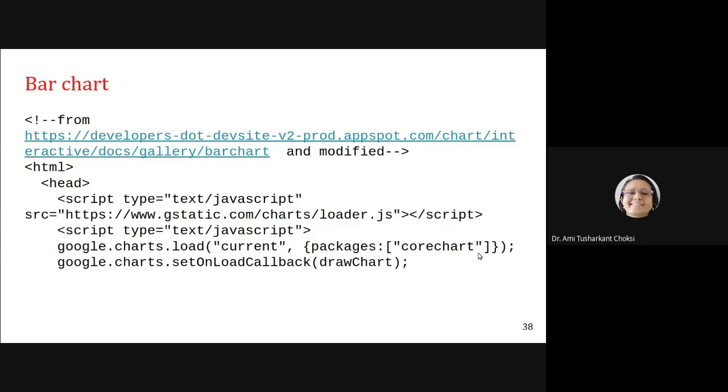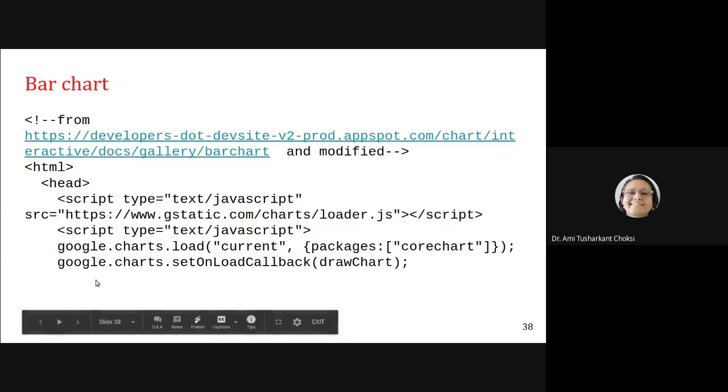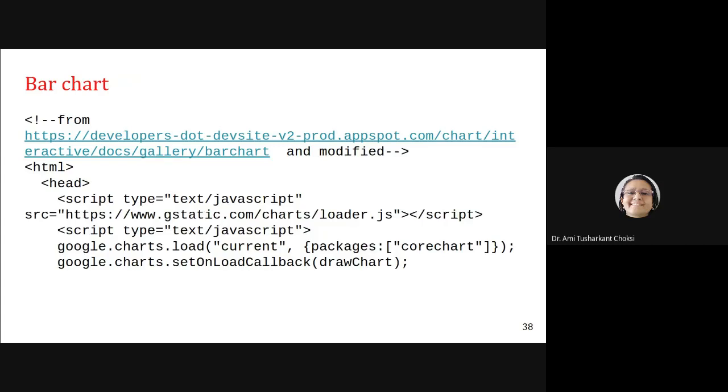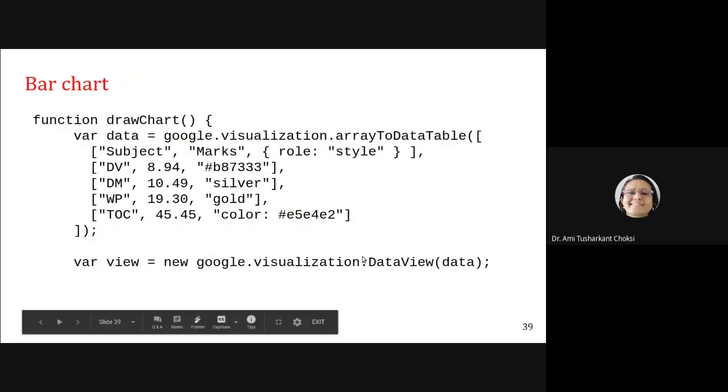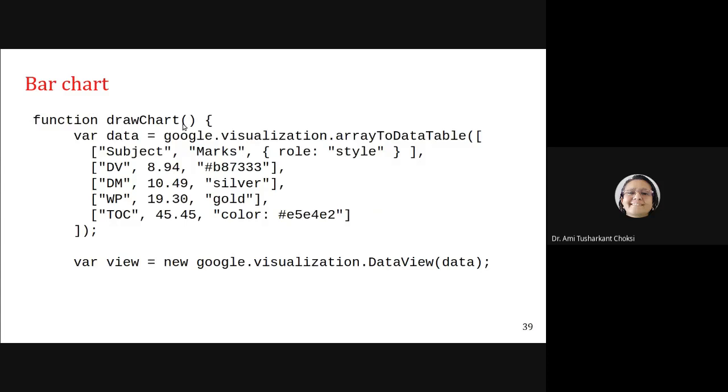Now what else we want to have is google.charts.setOnLoadCallback, that is drawChart, right? DrawChart is the function which will be called back. Fine. So here is a function that is for drawChart. What do we say about that? We are having the data, right? We want to provide the data for drawing the chart. So how we can do that?